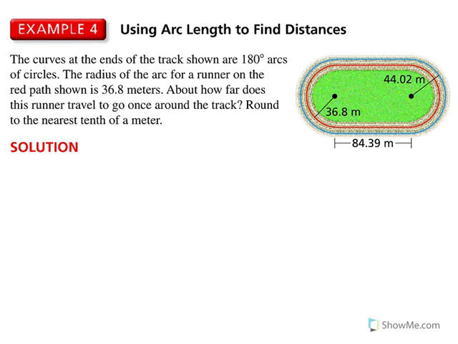Okay, so that means if I look at this arc right here, if I go across, that means that arc starts there, ends here. It's telling me it's 180 degrees. And actually, I can go straight through the middle, right, because it's 180. So it goes straight through where they say is the radius there, basically. So if it's 180 degrees, that means we're talking about a half of circle, right? A semicircle. So I'm going to be able to find circumference there, but I'm going to divide it by 2,